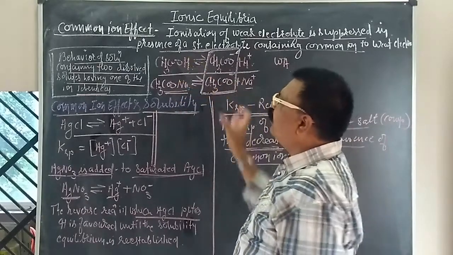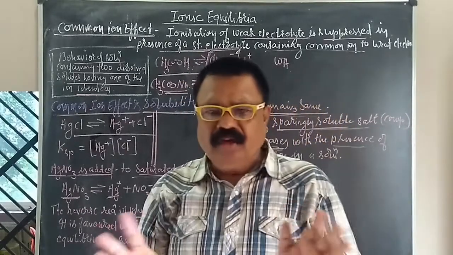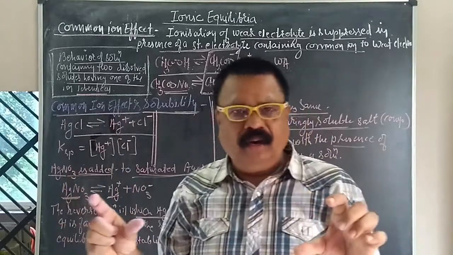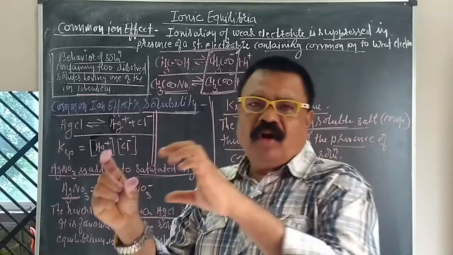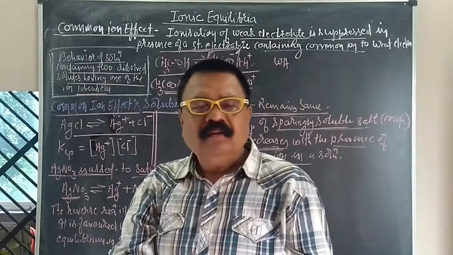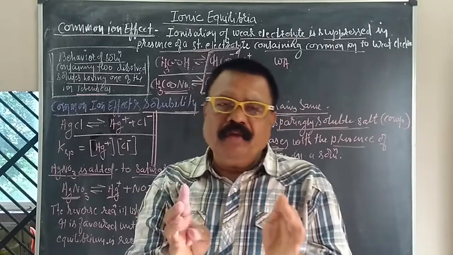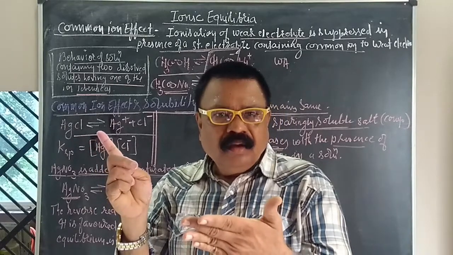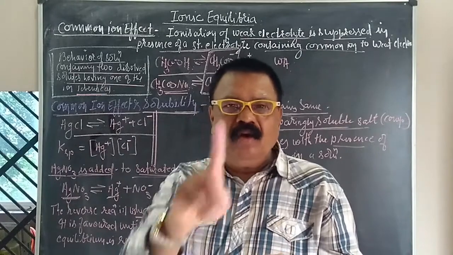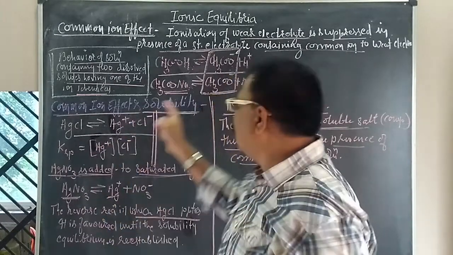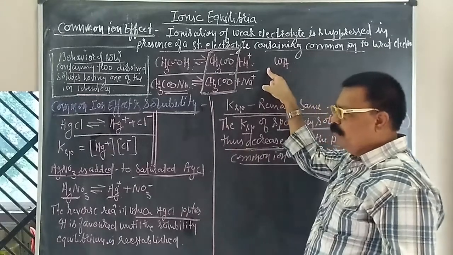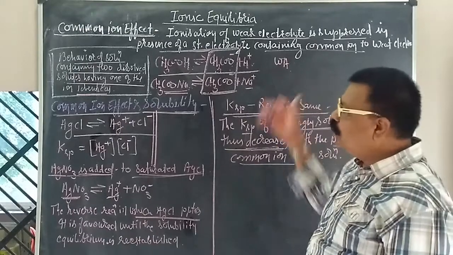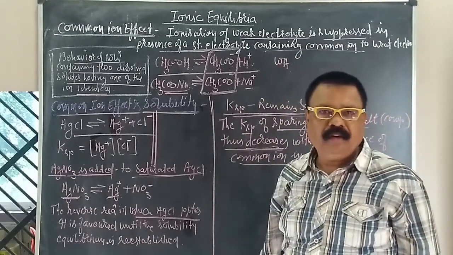So it's very simple. Common ion effect की अगर बात करें तो it is basically a solution of two different solids. One is the weak electrolyte and another is the strong electrolyte. So when we add the strong electrolyte into the weak electrolyte, the ionization of the weak electrolyte is suppressed by the strong electrolyte, where these solids carry a common ion, one of the ions that becomes common. करके यहाँ पे सिर्फ आप लोगों को इतना समझ में आ रहा है. Getting this? समझ में आ रही है? So this is all about ionic equilibrium and the common ion effect. Okay?